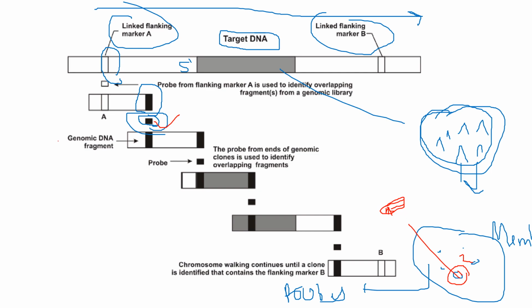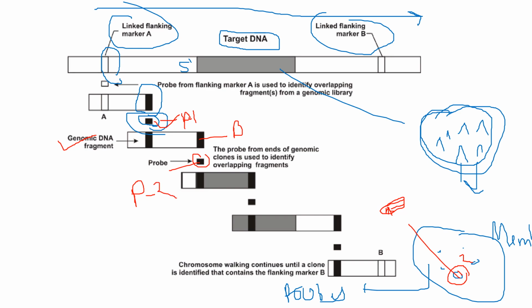So this fragment is characterized using the first probe P1. Now you will have the sequence of B DNA fragment, say for example, and now again you will subclone and prepare another probe P2